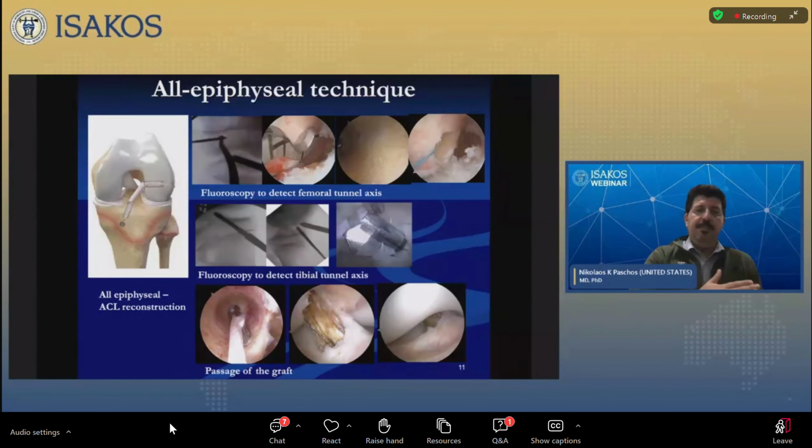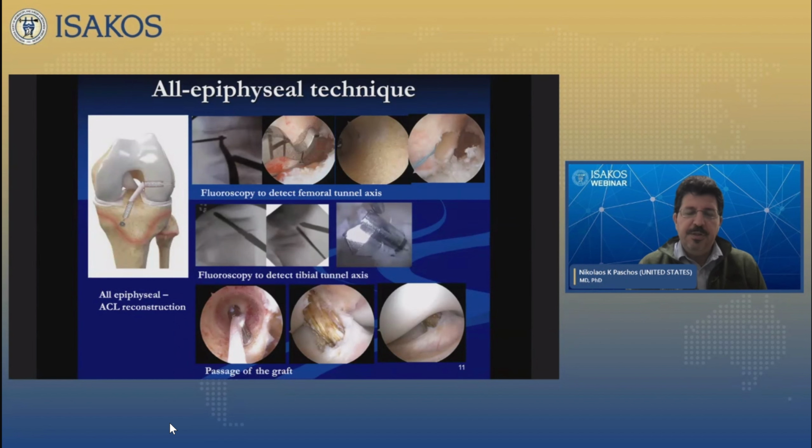Now, in some patients, I would use an all-epiphyseal technique, which essentially needs fluoroscopy. You need fluoroscopy, and you need to be well above the physis because your tunnel will be a little bit larger than the guide. And then I use the flip cutter here in order to create the tunnel. And then I use fluoroscopy for the front of the tibia. And again, I make a blind socket technique, put my end button, I pull all the graft in, and then I put it on the tibia side.